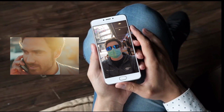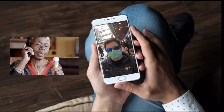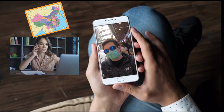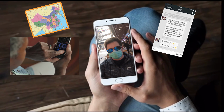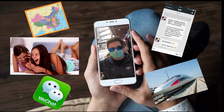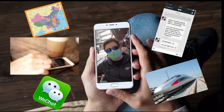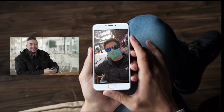Having traveled around Asia for over 9 years, I highly recommend traveling through China with a smartphone. You can get map directions, use Chinese voice translations, use the popular WeChat app, book Chinese trains, and so much more. Your smartphone can take all the most common pains out of traveling, so you can focus more on having a good time. We'll go more into important apps for China and functions in future videos,